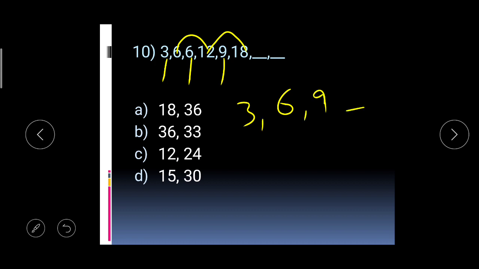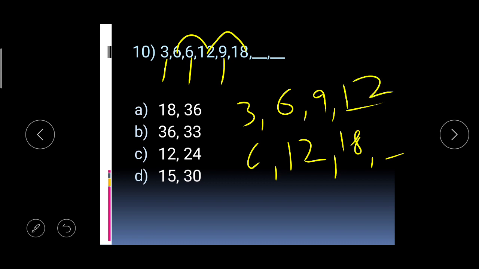We start with taking the alternate numbers. Suppose I am taking this number, this number, this number, and the second series we are forming with this number and this number. So our series is what? 3, 6, 9, and the next term, and the other series is 6, 12, 18. Now is it easy to find out the other number? It's very easy, because the first series is the table of 3: 3 twos are 6, 3 threes are 9, 3 fours are 12, and the next series is the table of 6, that is 6 twos are 12, 6 threes are 18, and the next term is 24, right?